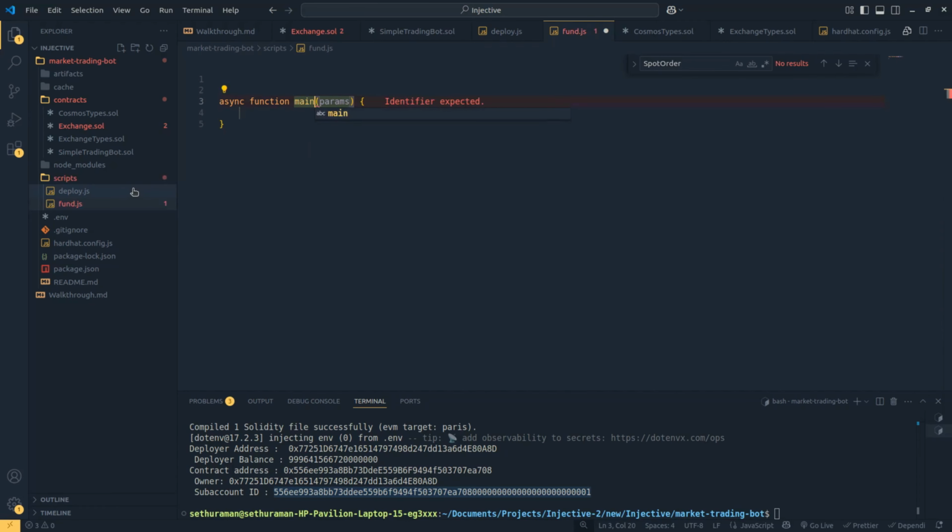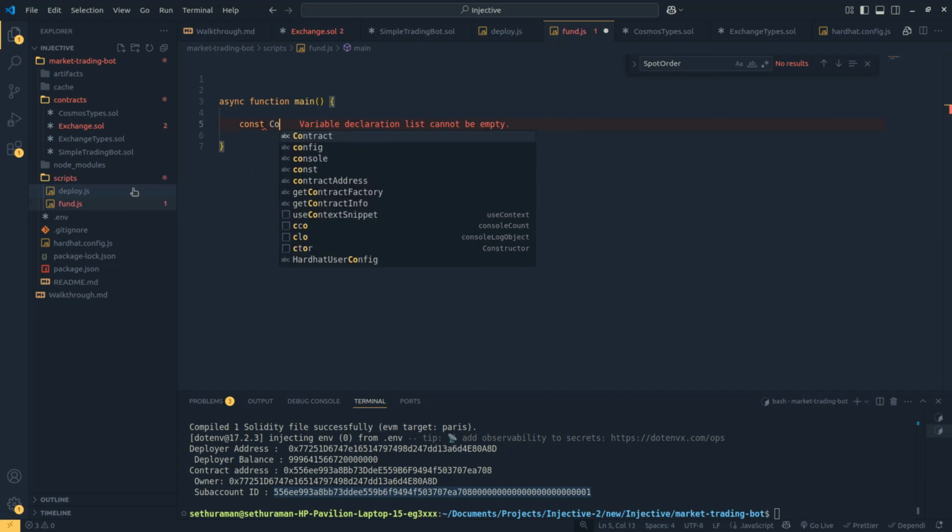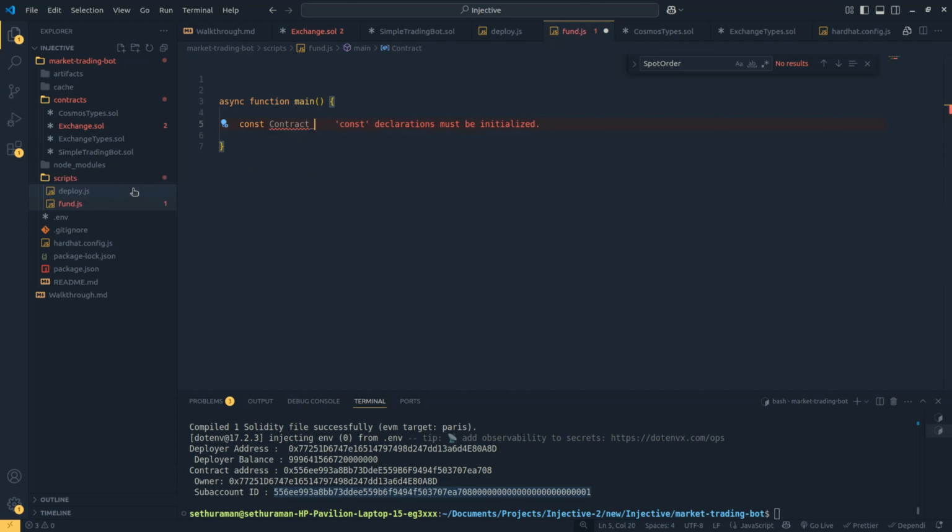Async function, we'll call it main, no parameters, right? We can, yeah, we'll just keep the contract address, it's fine. Also const contract address, or we can just put it like, since it's a const contract address equals,